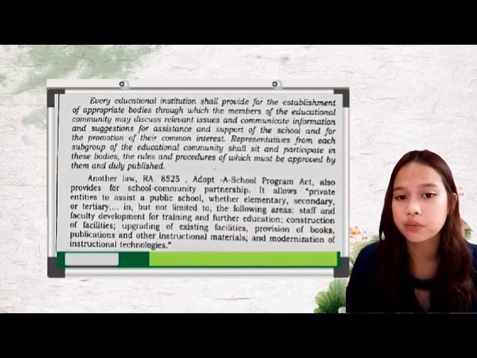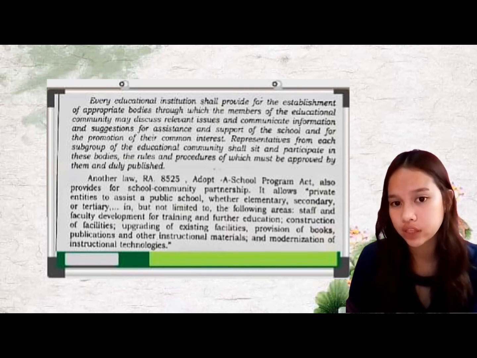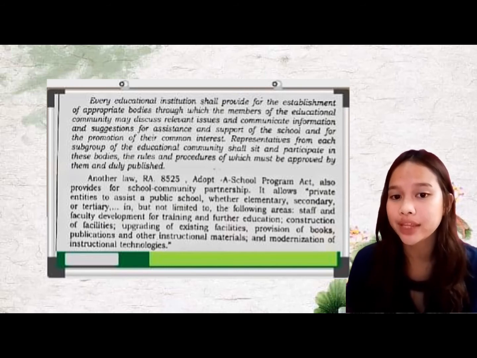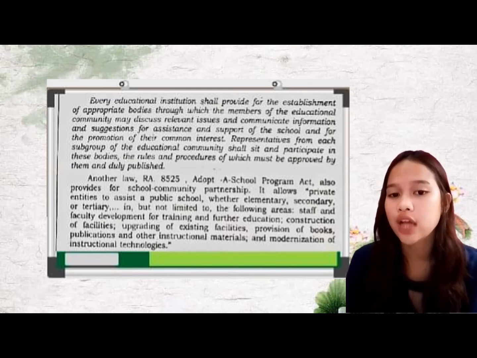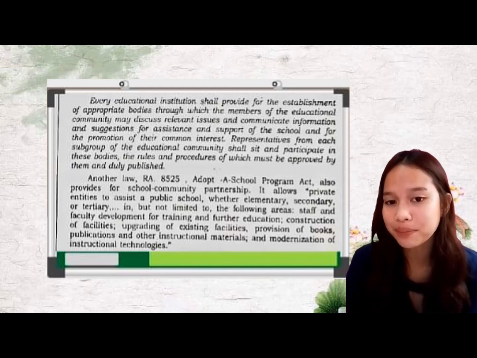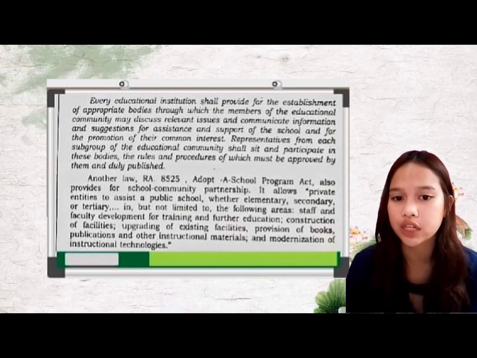Representatives from each subgroup of the educational community shall sit and participate in these bodies, the rules and procedures of which must be approved by them and duly published. This implies that when the school and community have a conference, everybody must have a body or representatives that can go to the meeting so that they can share appropriate measures of what they desire to do or what they really